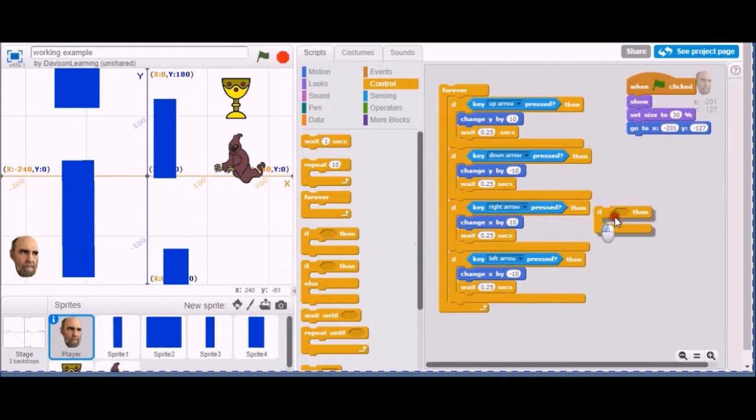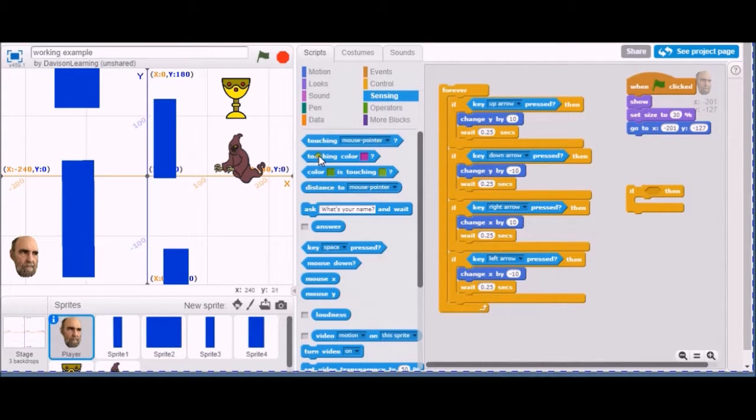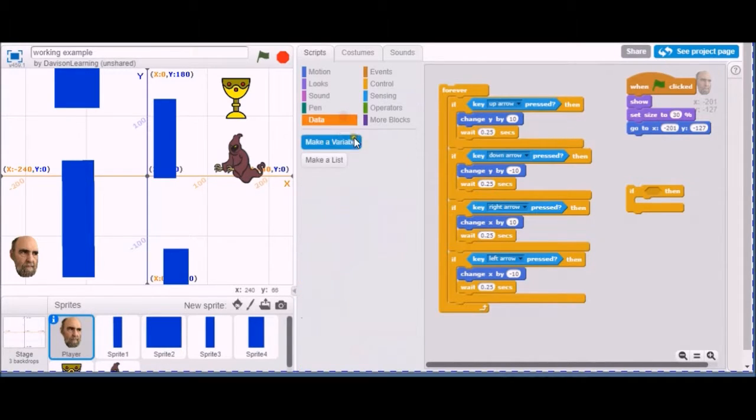So if, and we'll repeat this, go back to our sensing, if touching color, or I could say if it's touching a certain, like a sprite. And you can see our sprites here. I'll do the color one first. So if touching color,